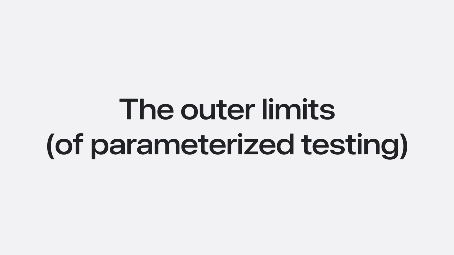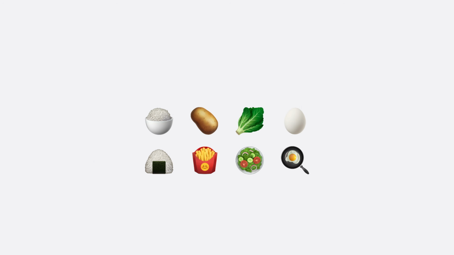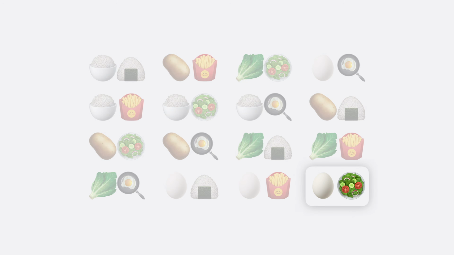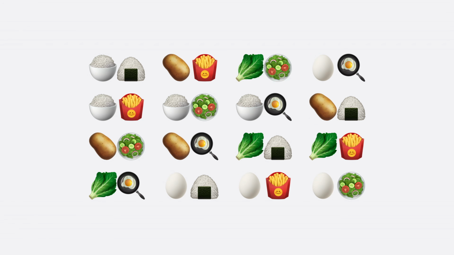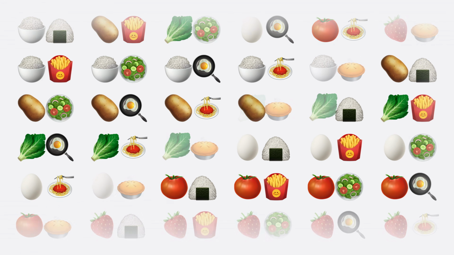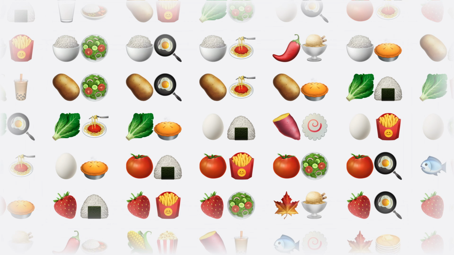To help visualize just how powerful, let's consider two arrays of arguments, raw ingredients and the foods you can make with them. A test function with two arguments will test every possible combination, 16 in total. You might find yourself taste testing some strange pairings. I like egg salad and omo rice as much as the next engineer, but help me out here, what are lettuce fries? And that was just 4 values in each array. As you add more inputs to the two sets, the number of test cases will grow and grow and grow exponentially. To help control this exponential growth, test functions accept a maximum of 2 collections.